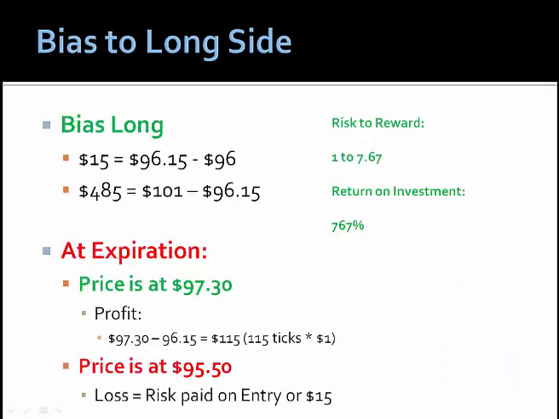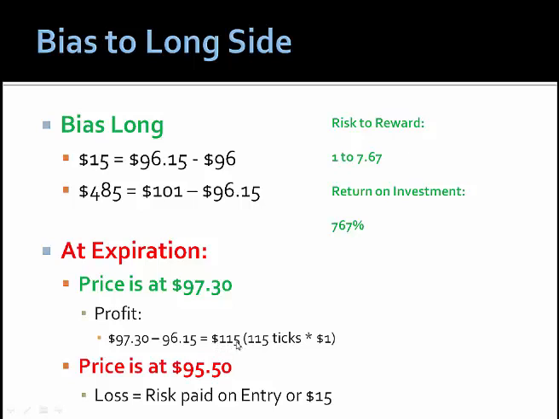Okay, so let's look at what actually happened. We took a long trade off of the floor. We had $15 of risk, and we have $485 as the maximum profit target. At expiration, price closes at $97.30. Your profit is $97.30, which is your exit expiration price, minus your entry price at $96.15. The difference is 115 ticks multiplied by $1, which is what a tick is worth. So that gives you